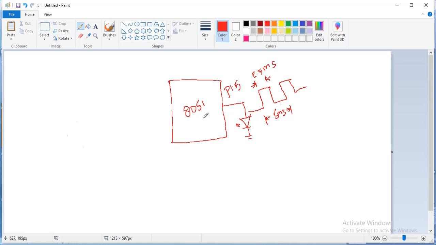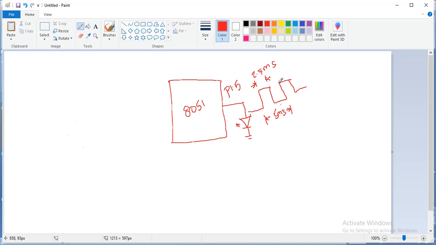So I write the program so that every 2.5 millisecond, this is going to be on. Next 2.5 millisecond, it is going to be off. Next 2.5 millisecond, it is going to be on, and so on. The total time period we can usually take as 5 millisecond, but I calculate the delay for 2.5 millisecond. Once I calculate the delay for 2.5 millisecond, after that with the same time delay I complement it, and this LED becomes off.